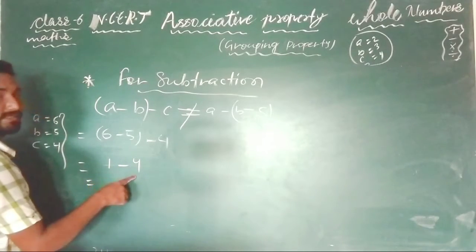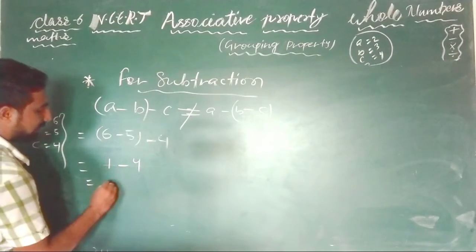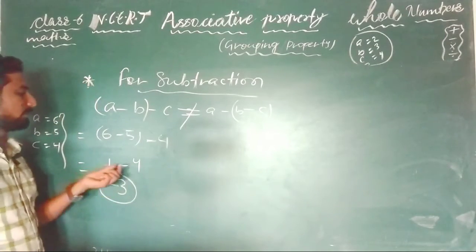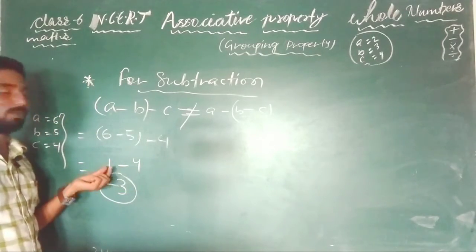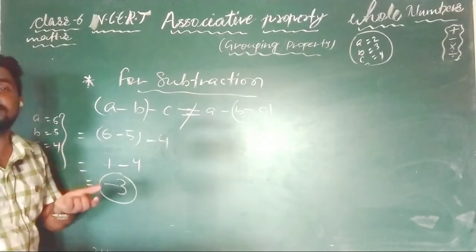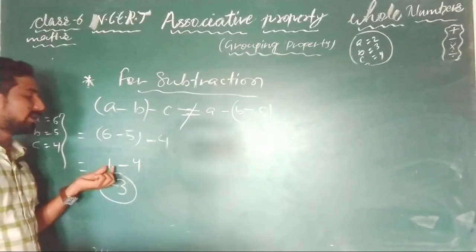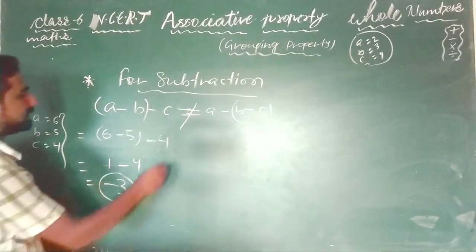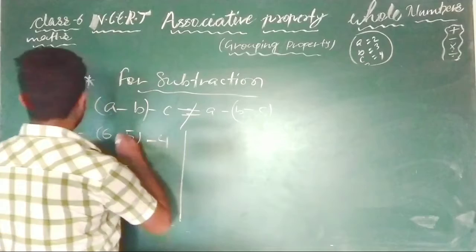It is not in class 6 till now, but 1 minus 4 everybody knows, that is minus 3 will be there. Because 4 cannot be subtracted from 1, so 1 will be subtracted from 4, it will come 3. And from a smaller number you are subtracting a greater number, due to that minus has come. So minus 3 it is there. Now you solve this. So A is what?